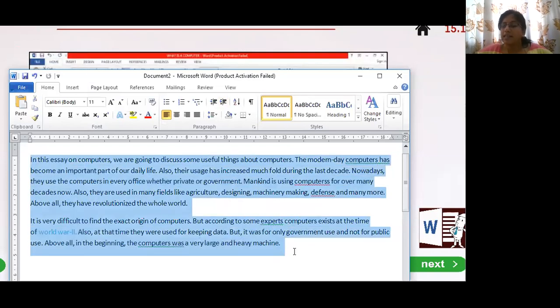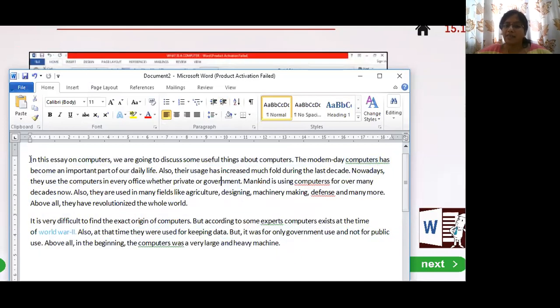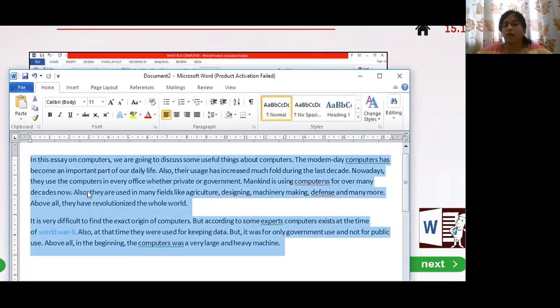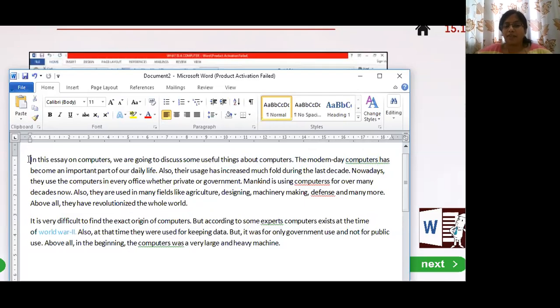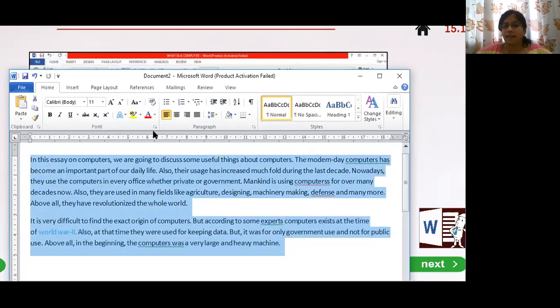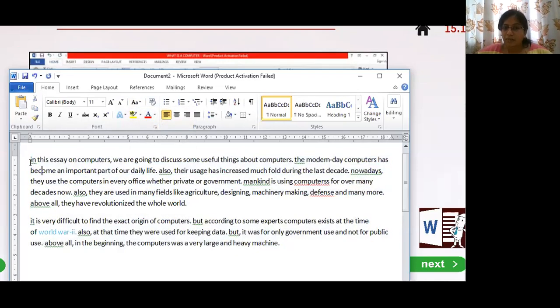Everything here is in sentence case, in the sense my sentences are starting with a capital. Can you see the I is capital, where is the full stop? Yes, after computers it's a full stop, and after the full stop my sentence is starting, so my T is in capital. So it is in sentence case. Normally, children, your computer will be by default in sentence case. Now I'll try. I will select all. How should I select? Keep my left click from here and drag it till the end. Now we'll try. Let me do all lowercase. Now can you see I has become small, T has become small, so all my alphabets are small. It is not in sentence case.